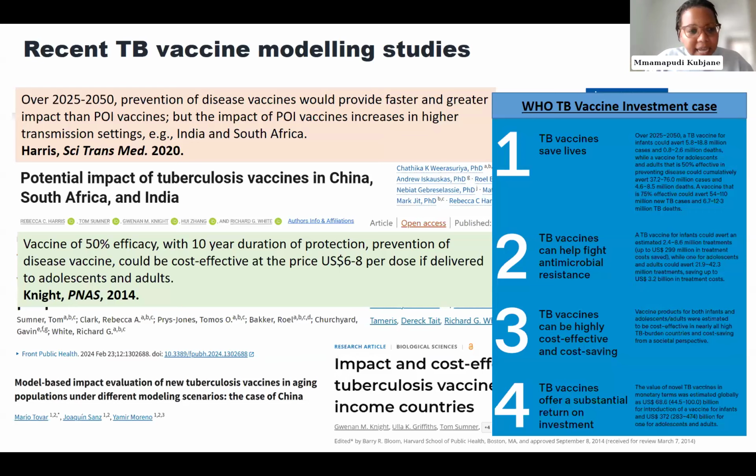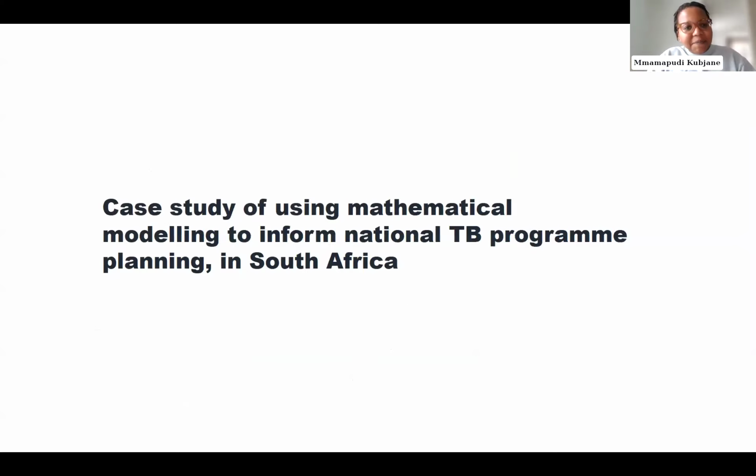And some of the other qualitative studies that are required include things like feasibility and also acceptability of the vaccine itself, because it's not guaranteed that once we have an effective vaccine, it will immediately be taken up by everyone. So those are some of the key issues that need to be addressed before we get to that stage.